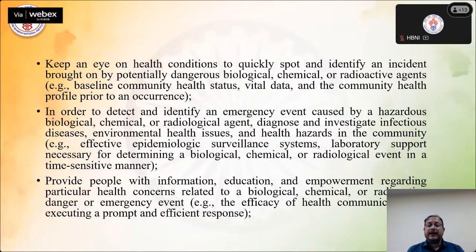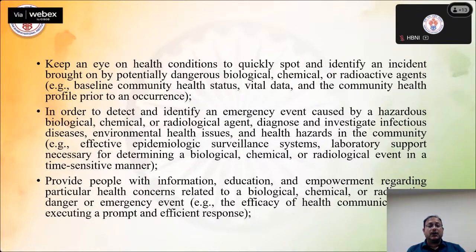If you find any change in a month or in a quarter or in a year, then we have to definitely focus on that in order to detect and identify an emergency event caused by a hazardous biological, chemical, or radiological event, and diagnose and investigate infectious disease, environmental health issues, and health hazards in the community. An example could be an effective epidemiologic surveillance system and laboratory support necessary for determining a biological or chemical event